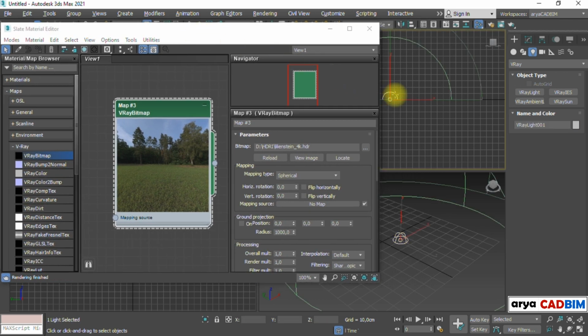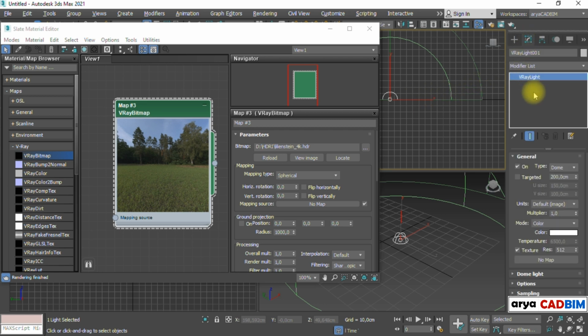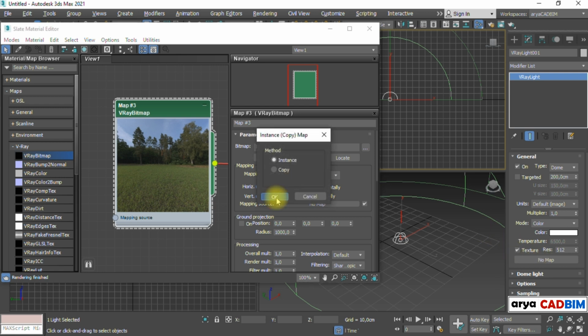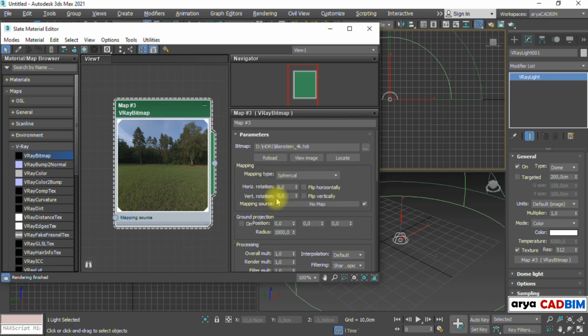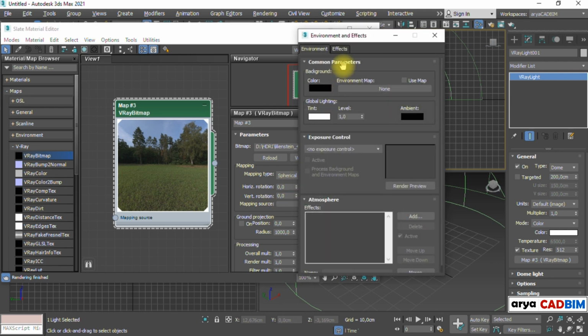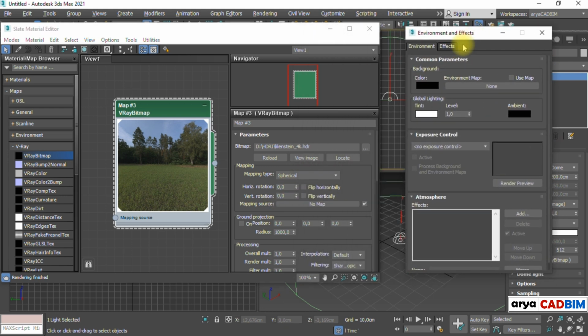Select the dome light and go to Modify tab of the command panel. Click, drag, and drop the bitmap as an instance. Open Environment window with the shortcut key 8, and do the same.